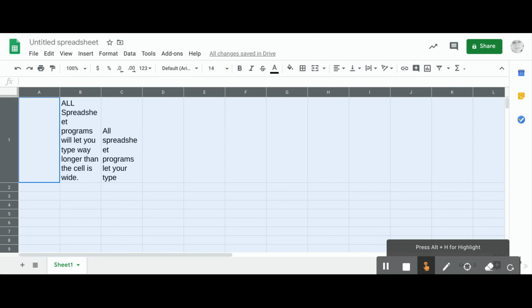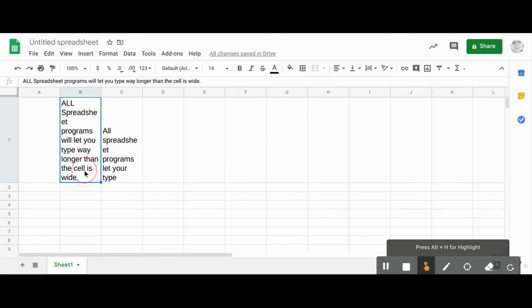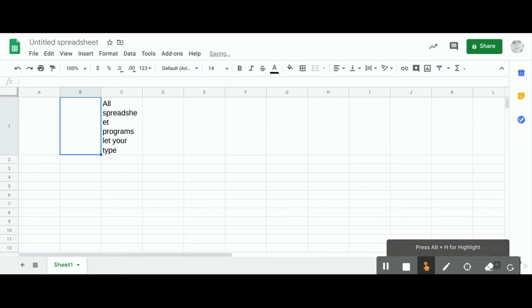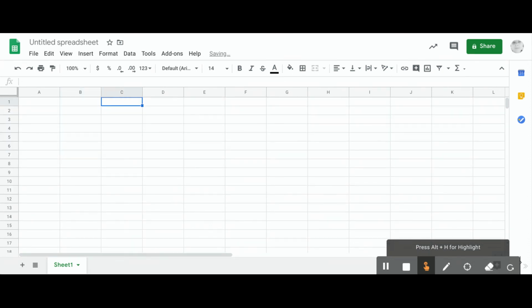So some basic spreadsheet tricks. Let's talk now about how to make your data table. This section